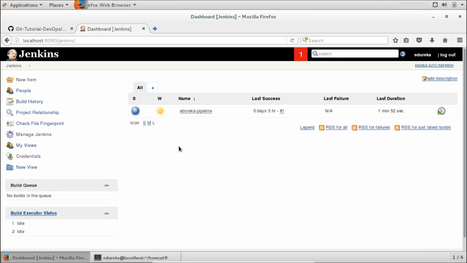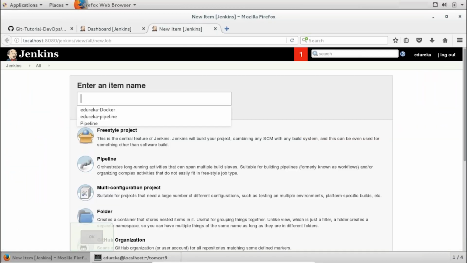Over here, there are multiple options. You can just go and play around with it. Let me take you through a few basic options that are there. When you click on New Item, you'll be directed to a page which will ask you to give a name to your project. So give whatever name that you want. Then choose the kind of project that you want, right? And then you can go ahead and provide the required specifications and configurations for your project.